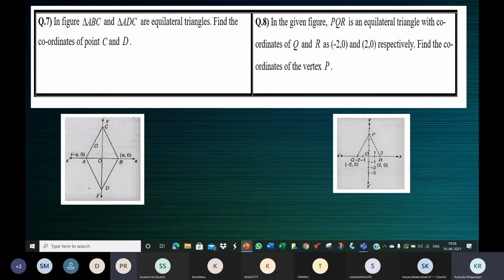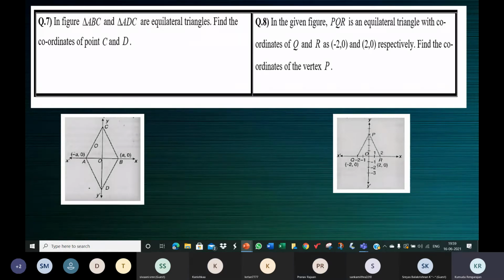Ma'am, 2 root 3, ma'am. So children, 2 root 3, 2 into 1.732, it's somewhat close to 4. It's not 4, kind of close to 4. So the triangle looks like that. And yeah, it looks as if P is at 4. But for me, it looks just below 4, which is correct. It's just below 4 is correct. Ma'am, 2 root 3.